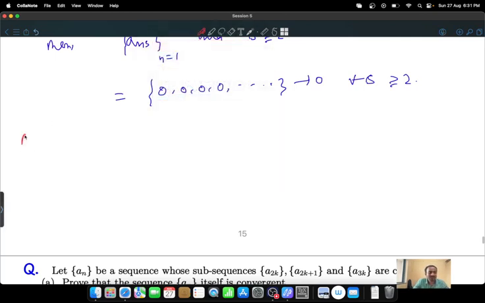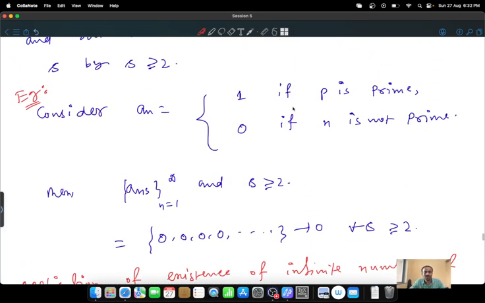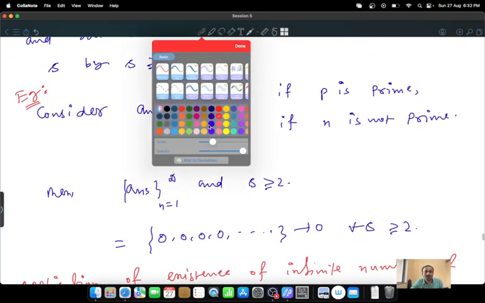Application of existence of infinite number of primes. Okay, so the a_n sequence does not converge because the subsequence